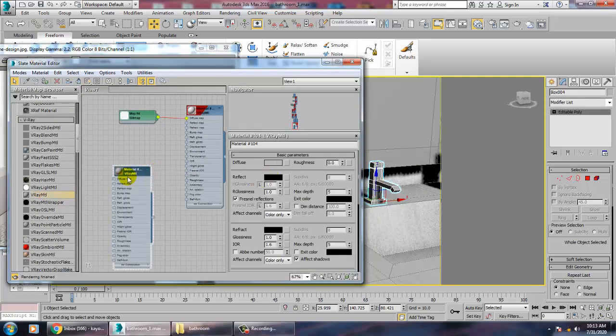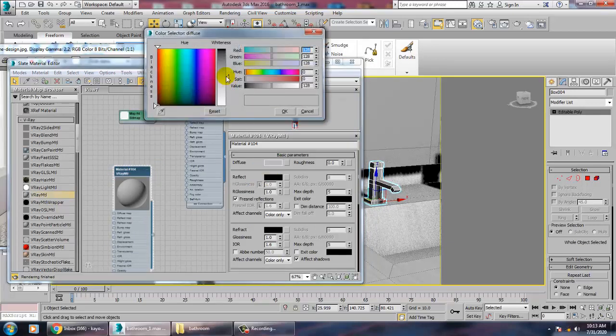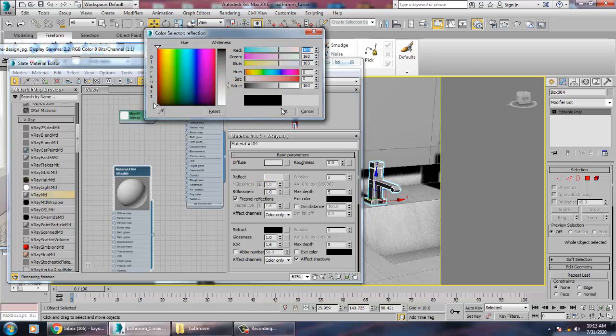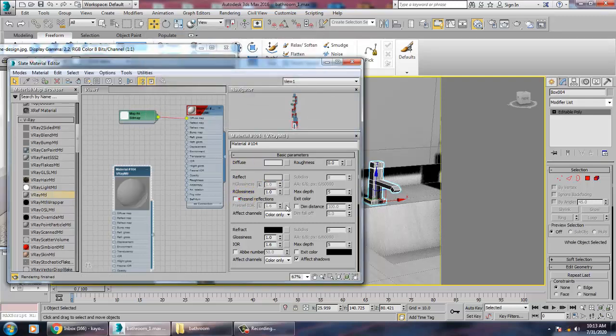We'll be giving a bit of reflective, so let's increase its reflection. Click over here, Fresnel. So just assign this.